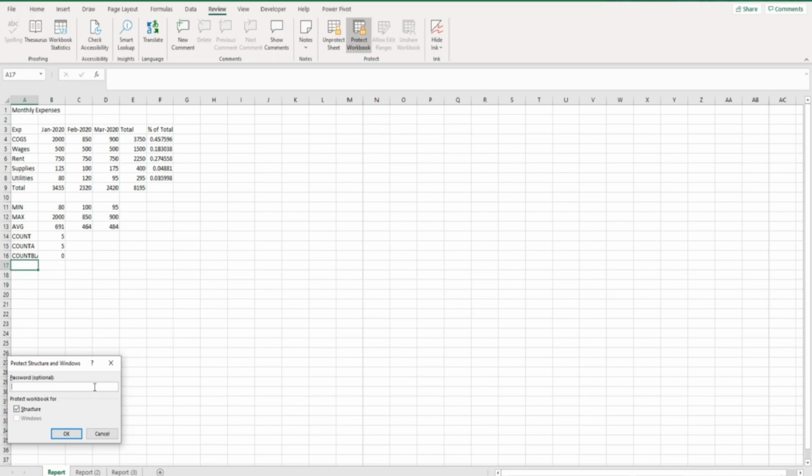And I'm going to give you the same advice again when adding a password to a sheet or a workbook. Make sure that you remember the password or store it in a safe location to find later. Because if you forget the password, it's very hard to unlock a workbook or worksheet without the password. But for now, we're going to leave the password empty and make sure that the structure box is checked and